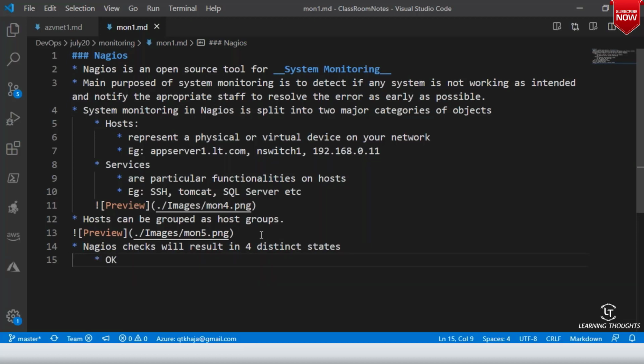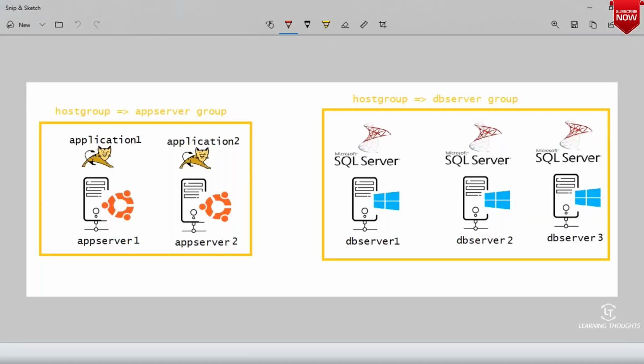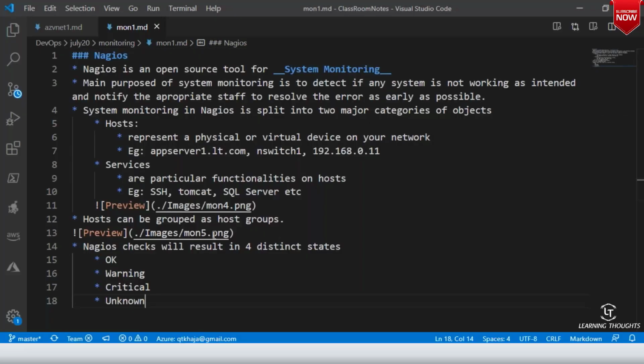You will have an okay state, everything is going good. Warning, nothing has failed now, but they might fail very soon. Critical, something has seriously gone wrong. And then there is a state called unknown. Unknown means I'm unable to determine the state of your application right now.